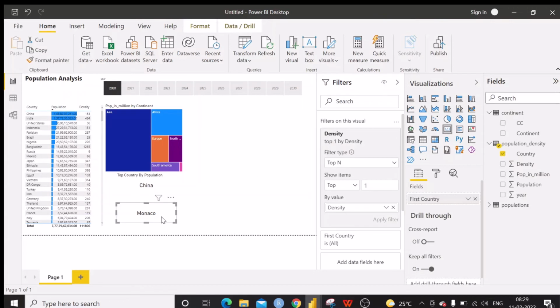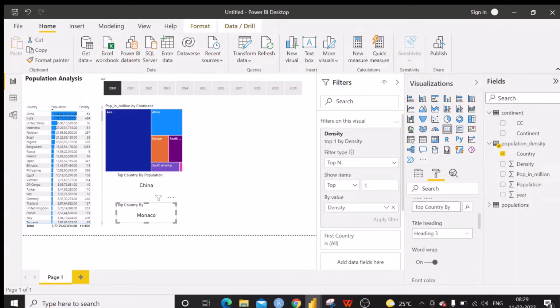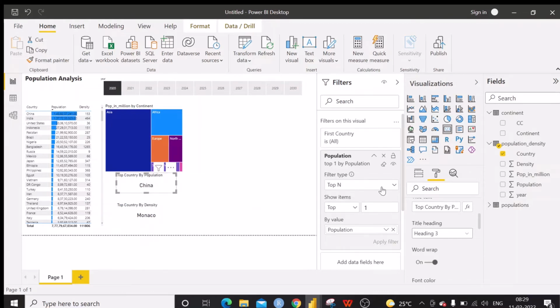And this is top country by density. Density, and both are at the center.